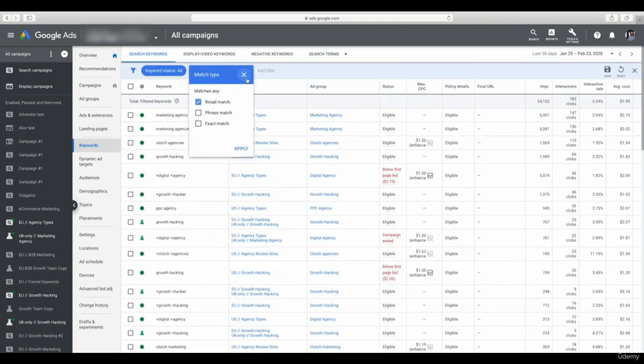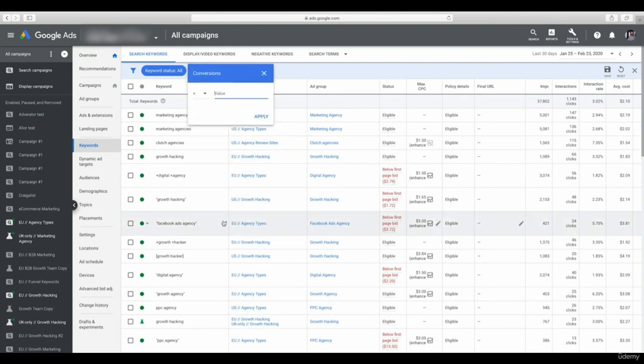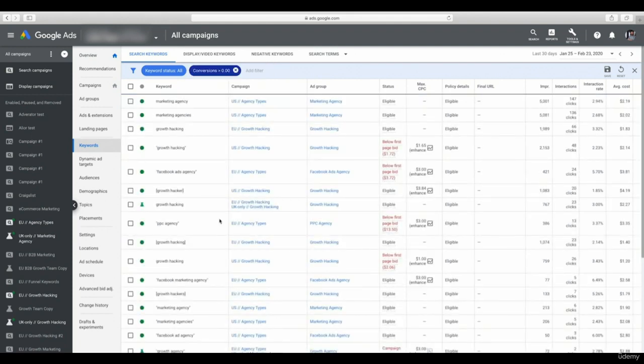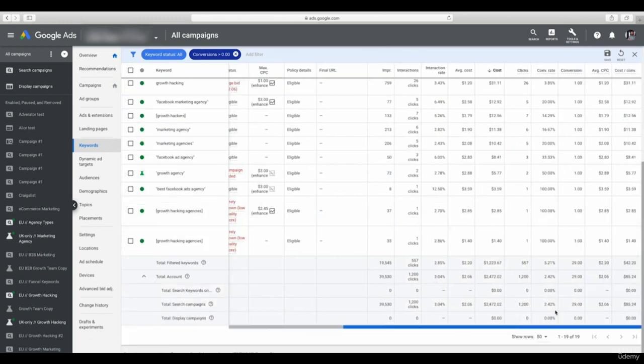If you go to keywords, then you're going to click into the keywords, remove any existing filters, and then we're going to click through here to conversions and then conversions again. And we're going to filter for any keywords that have more than 0, so at least 1 conversion. We're going to scroll down now, and then if we scroll across we can see what we need to see. So if we look at the cost per conversion column,